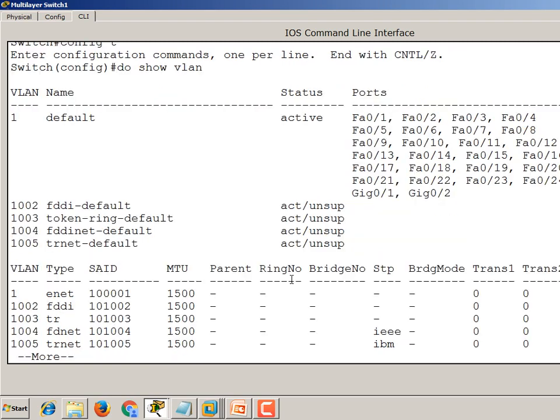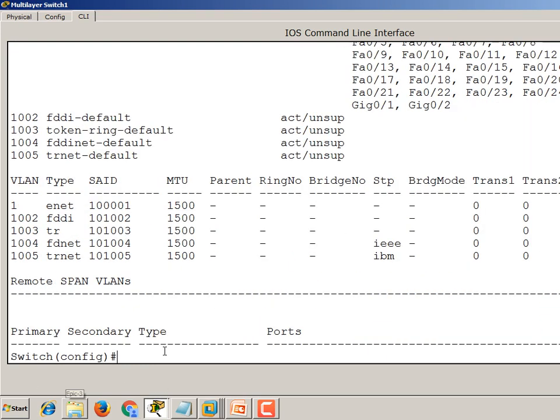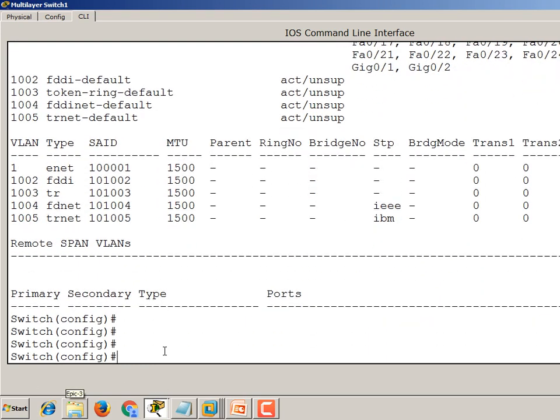Just I am going to show VLAN. You can see here by default you have VLAN 1, it has around 24 ports, everything under VLAN 1 only. So we are going to divide it into VLANs. According to me, 4 VLANs I am going to do.